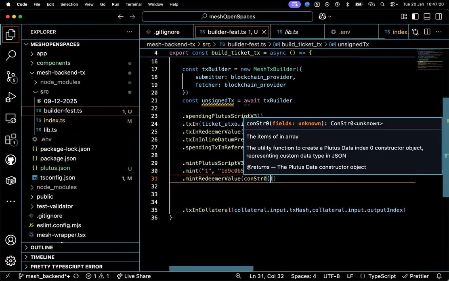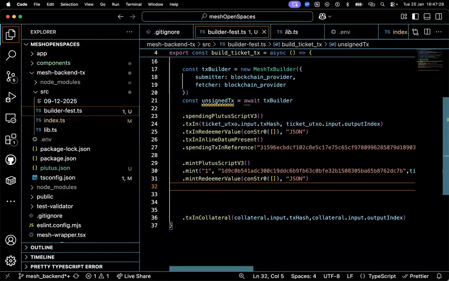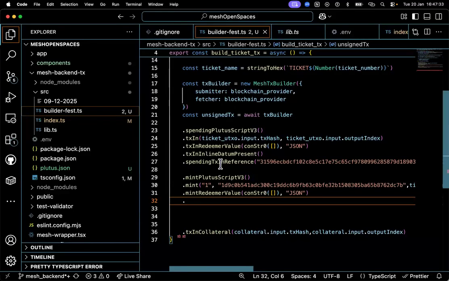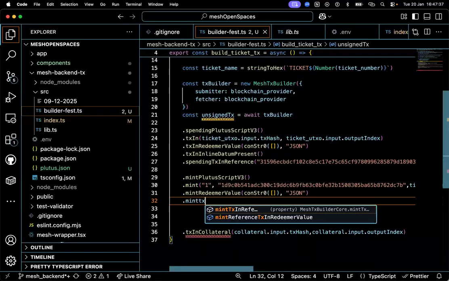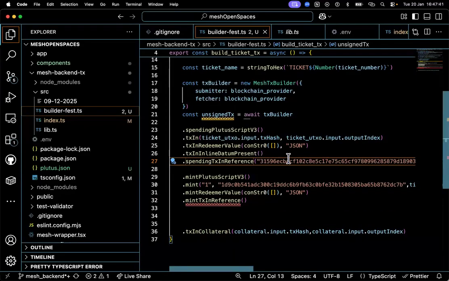The funniest thing is we might do all of this and try to perform the real transaction and we're still getting errors. That is why this is just very, very exhausting. Yeah, that's true. The next is to have our mint TXN reference, which is the same as this.